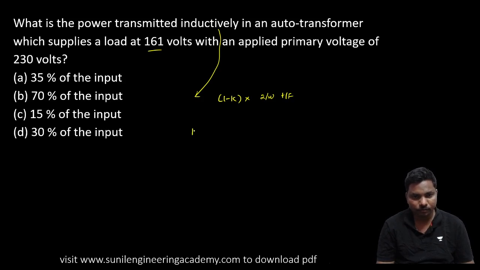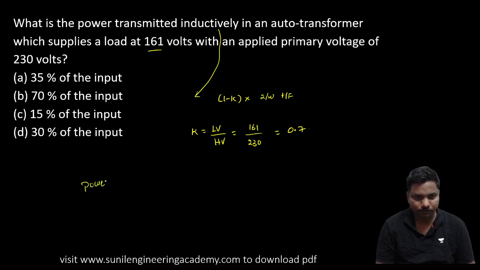So in this case, we want to find out K. K is nothing but LV by HV. LV is 161 by 230, that is approximately 0.7. So the power transferred